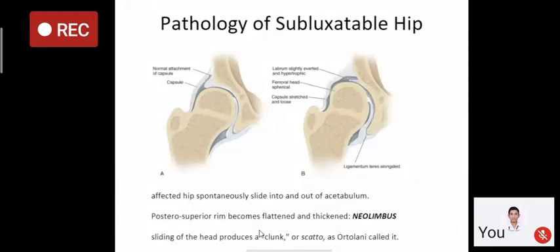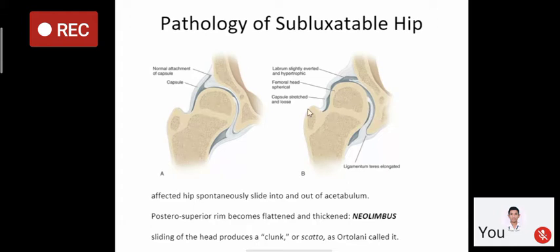Now, pathology. What is the pathology? This is the normal attachment of the capsule. Capsule is as here. This is the acetabular labrum. This is the acetabulum with the cartilage around. This is the head of femur, and labrum slightly everted. As you see, this is the labrum, and here labrum is everted. It's out, everted and hypertrophic, and femoral head is spherical,